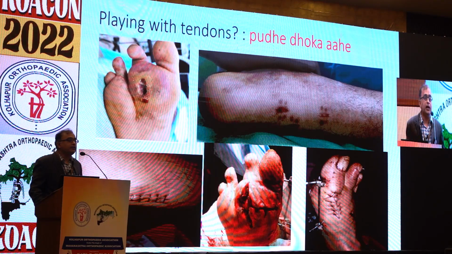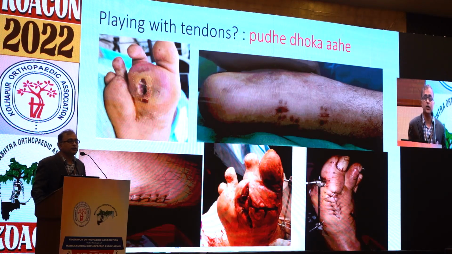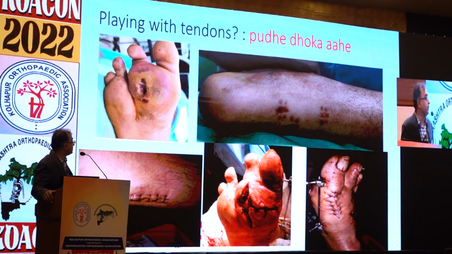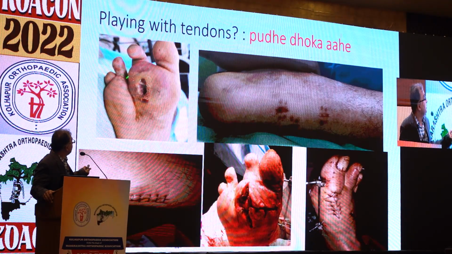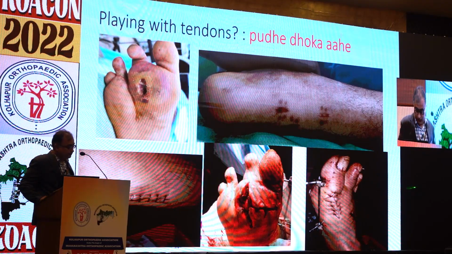So, does playing with the tendons feel amazing? Let's see what can go wrong if we play with the tendons. You can appreciate that one toe was already lost, which I had removed, and at that time I had done a percutaneous TA lengthening. Again he presented with a forefoot ulcer, at the second and first metatarsal heads, and there was an abscess. So I thought that my TA lengthening was not sufficient. I did an open TA lengthening, debridement, excision of metatarsals, and fixator; all principles were followed.